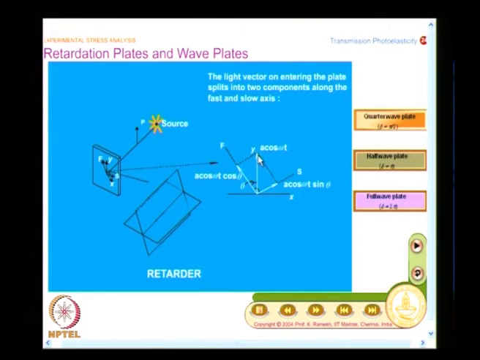So, for one beam within the model I will have 2 rays, and what you have here, if you watch it very carefully, is that whatever the thickness is, it is expanded as 2 planes. I have one plane coinciding with the fast axis, another plane coinciding with the slow axis, and let us see what happens.